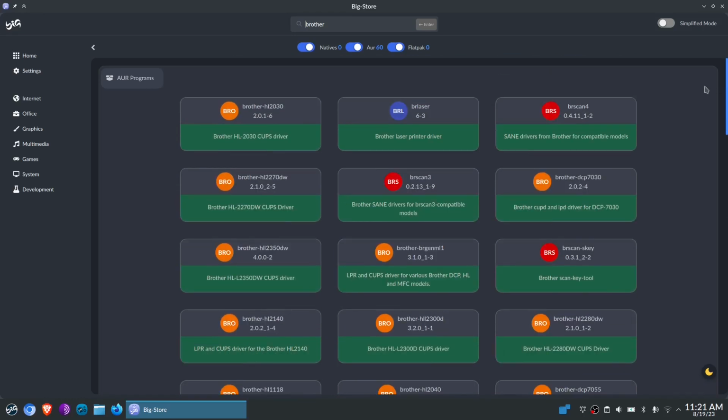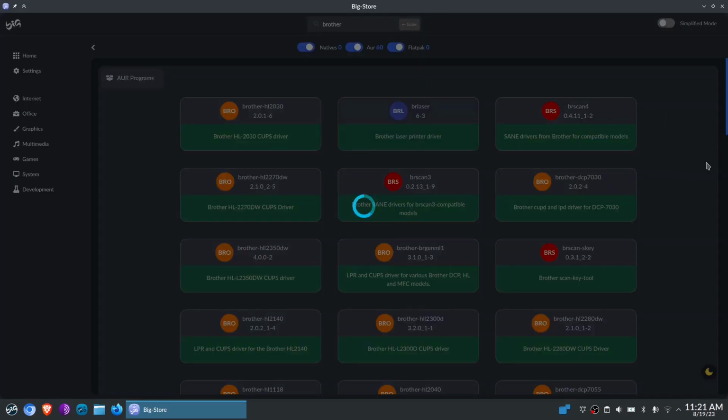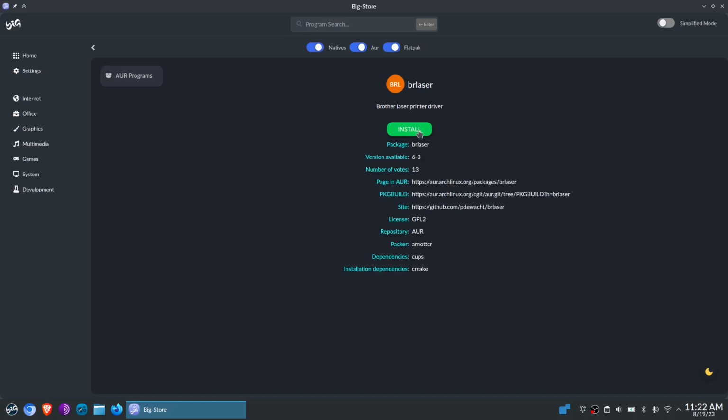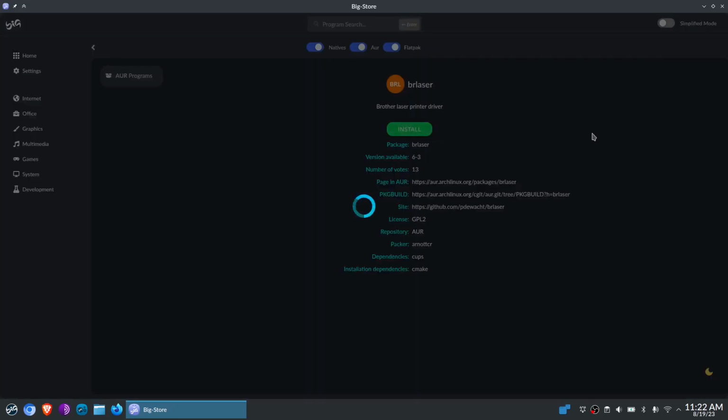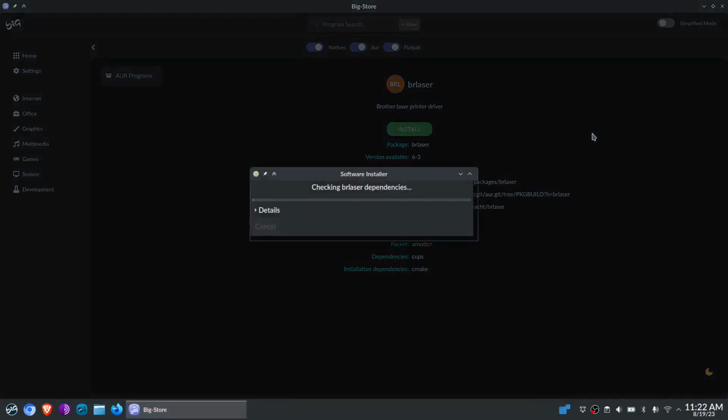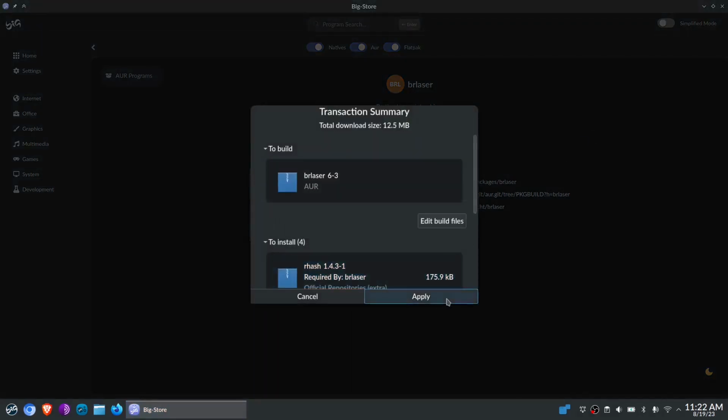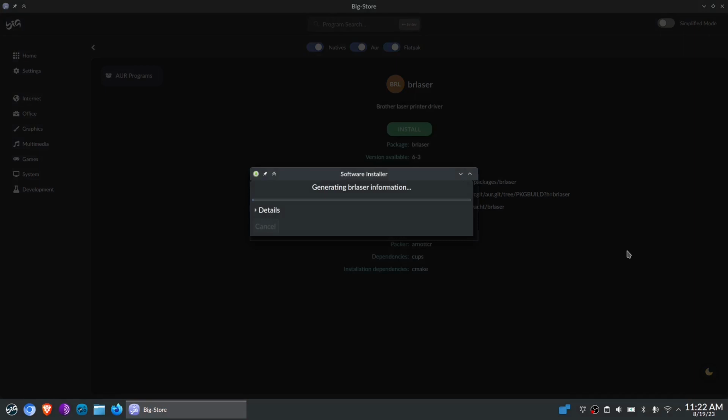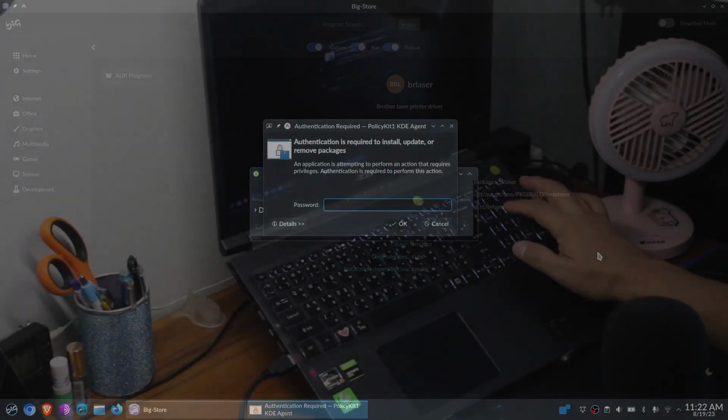So that's easy, right? Brother printer drivers. Just click for your printer. For example, this is the Brother laser, so I just click install, and then it will perform everything. Just click apply. If there's something coming up like asking for your password, of course,